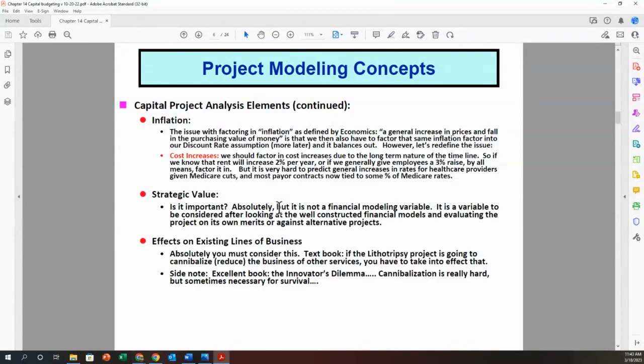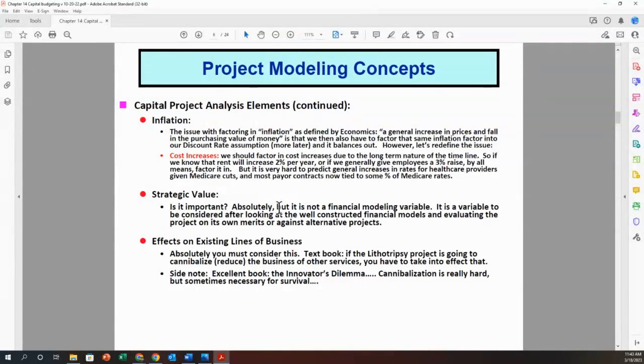Effects on existing lines of business. Absolutely, you have to consider this. So in the textbook, if the lithotripsy project is going to cannibalize and reduce the business of other services, you have to take that into effect, right? So you've got your urology practice, you do a lot of kidney stones, you have a surgery center, and you're going to do this lithotripsy machine. It's going to zap a lot of your kidney stones, so you're not going to have to do as many surgical interventions. You absolutely have to take that into